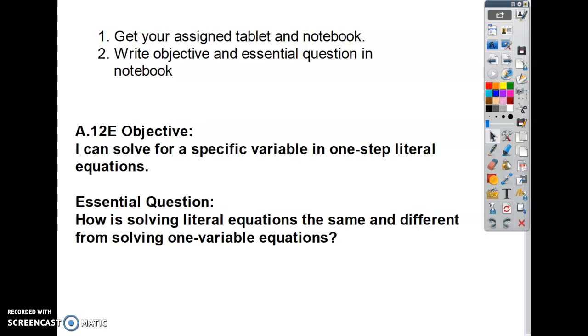Okay, today is A12E. It's called literal equations, and it's called literal equations because there's really not a lot of numbers. It's more of letters, so it's more literal than anything. The essential question for today is, how is solving literal equations the same and different from solving one variable equations? So if you look at this paper,